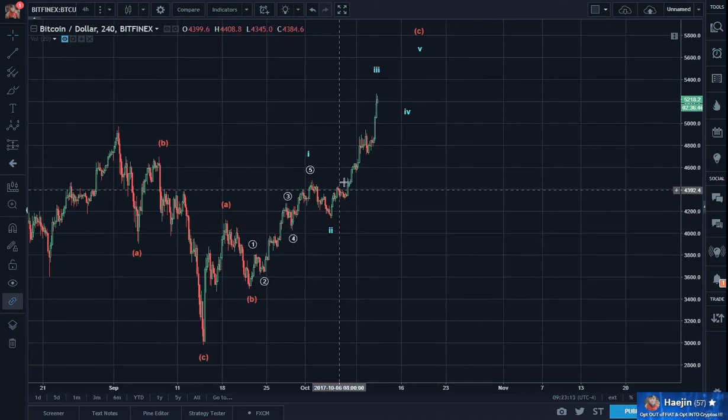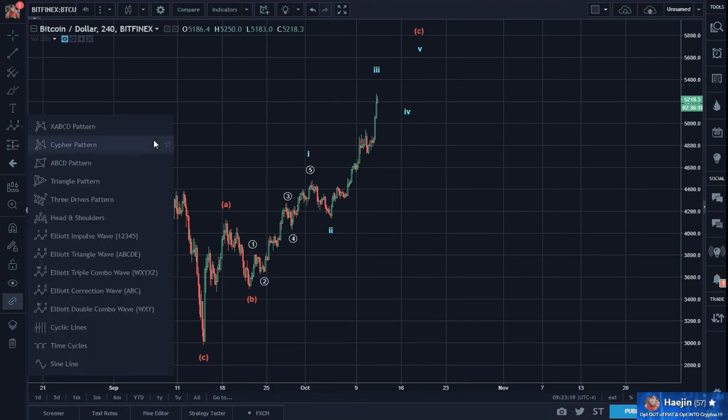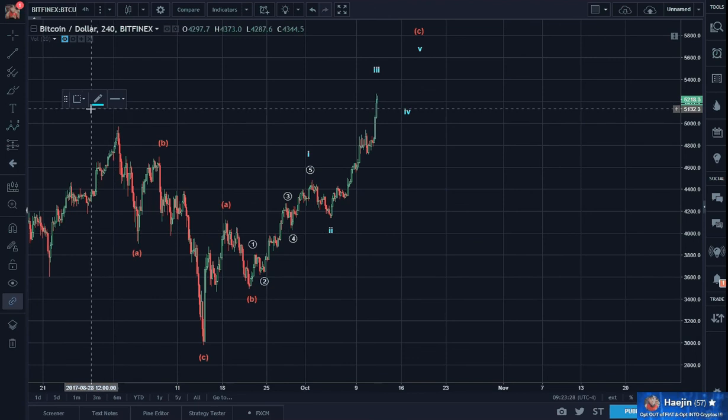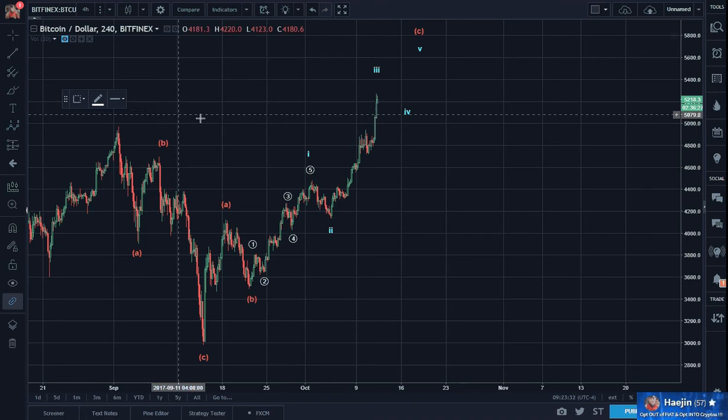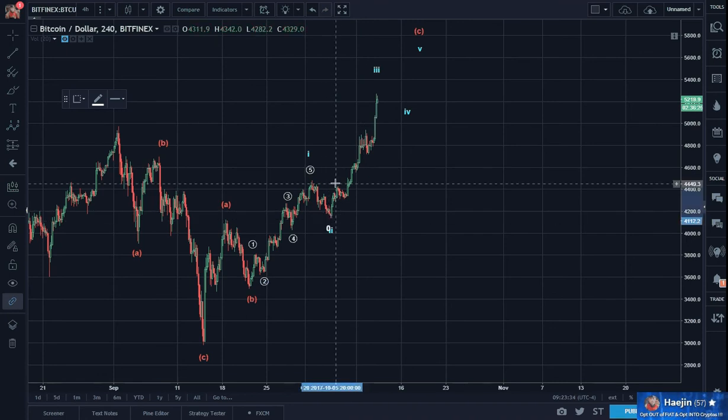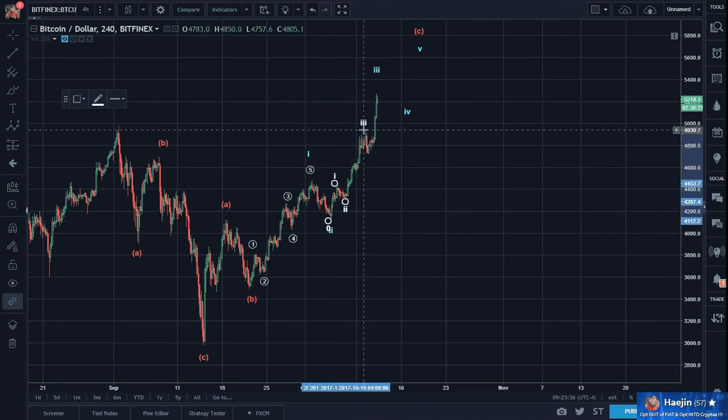Now if you look at this wave 3, count the subwaves of this wave 3. Look at 1, 2, 3, 4.